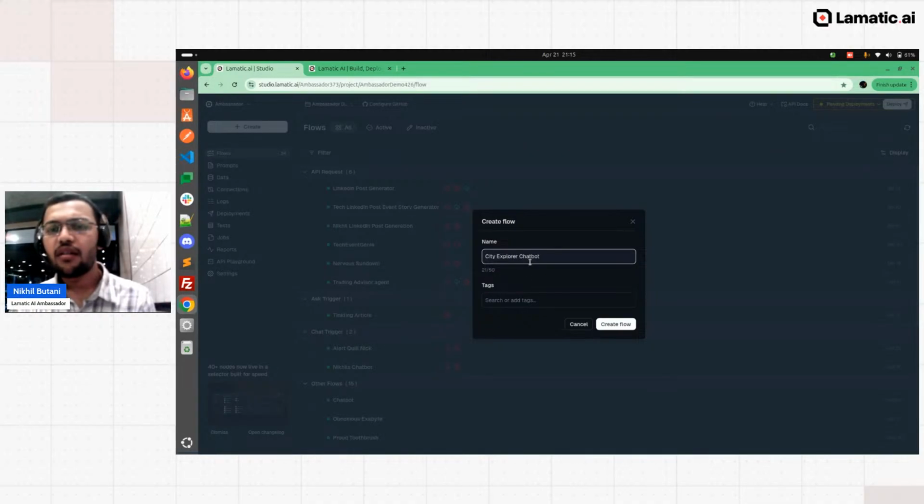I just added this one, and if you want to add any tags, like city or anything, you can add them, but it's optional for everyone. So I just create the flow. I just click it.